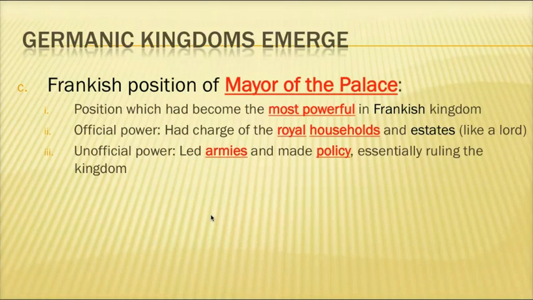However, as we see, some of these mayors of the palace actually, because of their influence with the king, unofficially could lead armies and could actually make policy, in some cases essentially ruling the kingdom. And this matters because as we talk about the next person on our list, we're going to find out that